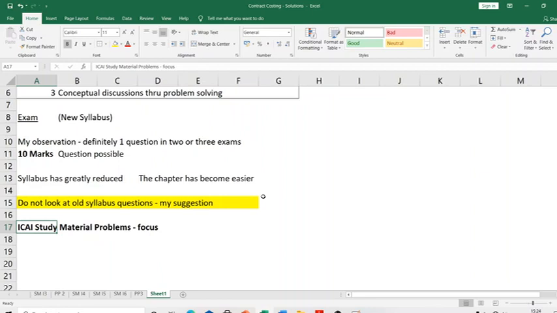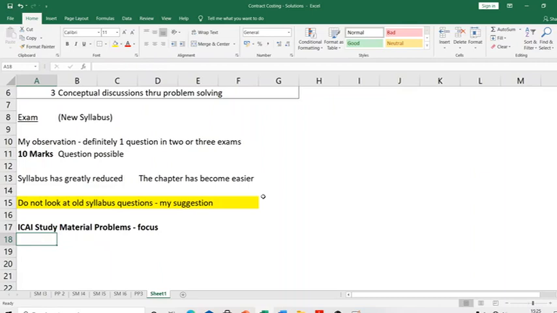And one thing I've observed in the ICAI study material is that it has about 7 or 8 questions in contract costing. If you go through all of those questions, then even if you look at the new syllabus RTPs, in 1 or 2 RTPs you have a question in contract costing. That question you will easily be able to solve if you just solve the study material problems. In the exam also, in 1 or 2 exams since the new syllabus became operational, you can see a question in contract costing. So all of those questions you will definitely be able to answer if you understand the ICAI material problems conceptually,